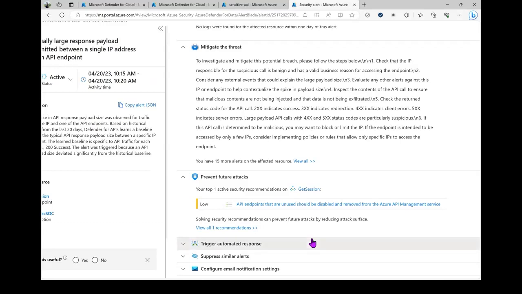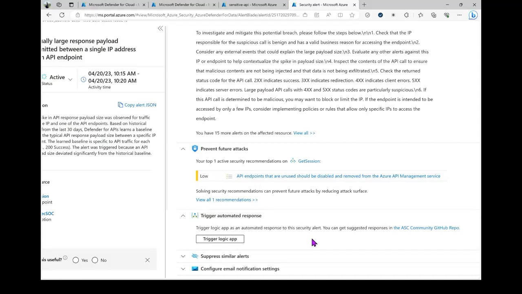You can also trigger automated responses. This works through Azure Logic Apps, a workflow automation tool, and that would go ahead and maybe take action to create a policy on your web application firewall to block traffic from that IP address, or to block similar sorts of requests that are requesting way more data than should be allowed. And these events can also be streamed with Sentinel, so you can take action from Microsoft Sentinel or any other security incident event management system of your choice.